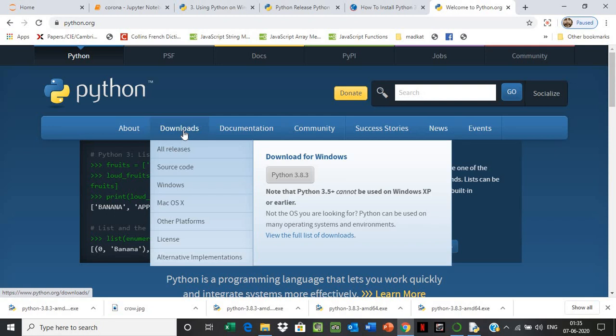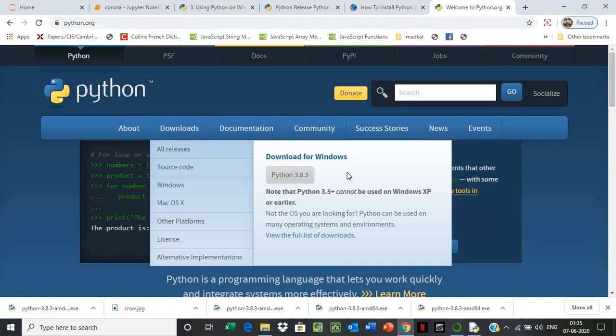Go to downloads. Here you see Python 3.8.3 version and download for Windows. So you understand this is the latest version. You probably know Python comes in two versions, Python 2 and Python 3.